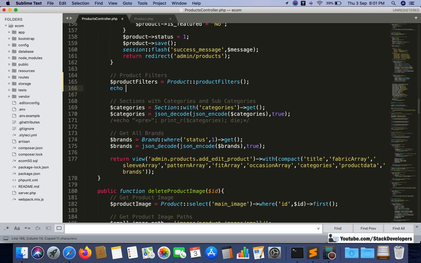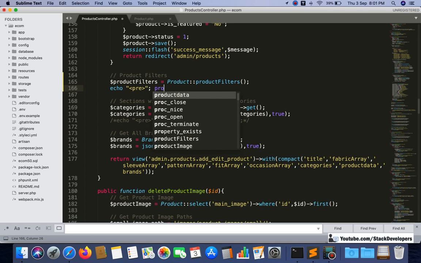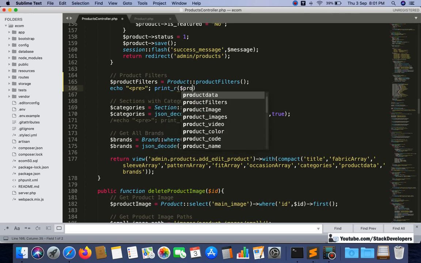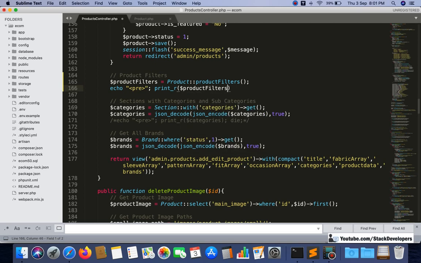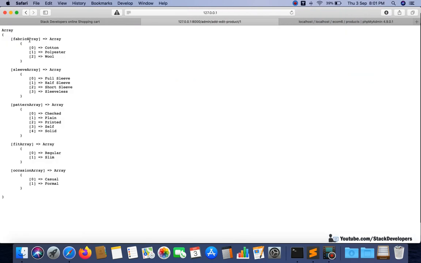First of all, if we want to debug, we can debug also that the filters are coming here. All the filters must come in the array. You can debug it like this, and see here: fabric array, sleeve array, pattern array, fit array.